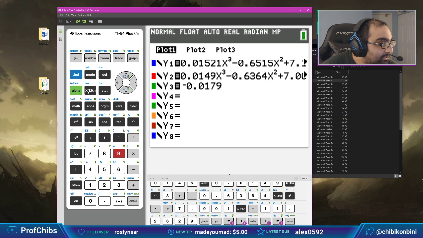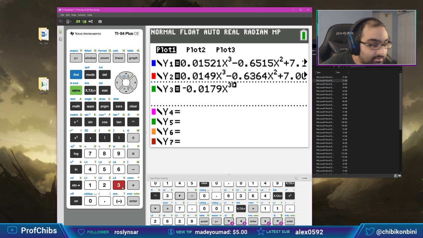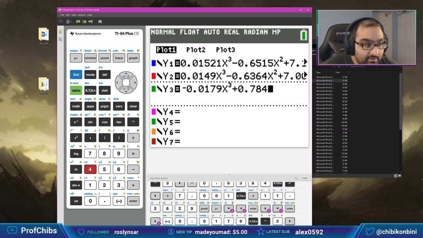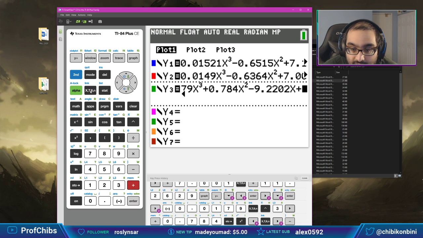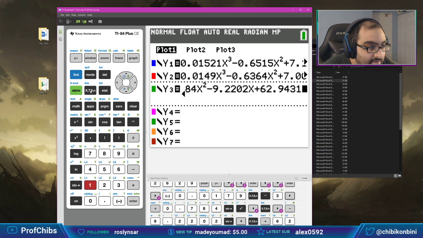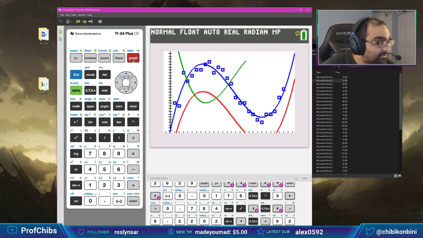0.79 x cubed, 785 x squared. How does it do that? I know you want us to have the arrow because bad habits are bad. Okay. So this one will be in green here, Aiken. So we'll take a look at the graph there. So that's the graph there for that one.